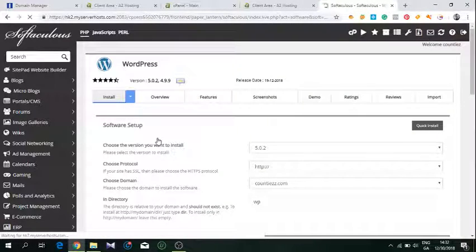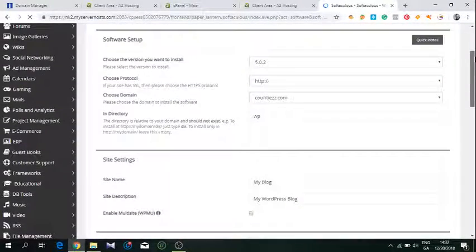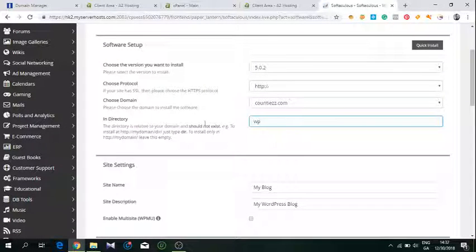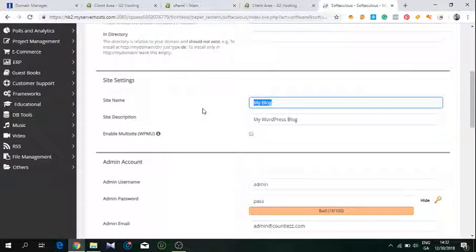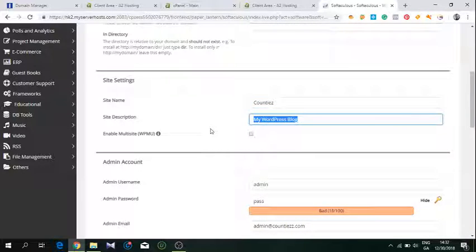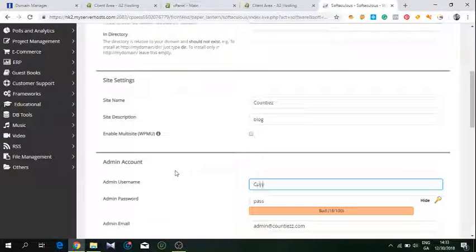and it's as simple as filling out all these details, which I'm going to do now. Here where it says In Directory, make sure this is empty, because you don't want to have an extra directory there. You want your website located at whatever.com, and not in an extra subdirectory. So you just make this empty, and here you name your blog whatever it is. Just for demonstration purposes, I'm going to use it like this, just blog something,